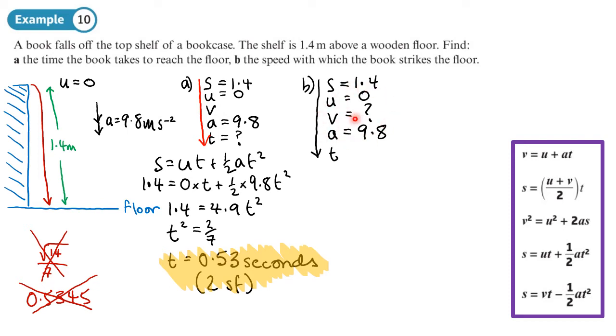So if we stick with this and find the equation that has s, u, v and a, that's got to be this one. This is the only one without t again, remember. So that will give us v squared equals u squared plus 2as. So that's v squared equals 0 squared plus 2 times 9.8 times 1.4. So v squared will equal, let's work that out, 2 times 9.8 times 1.4. That's 686 over 25, which is 27.44,